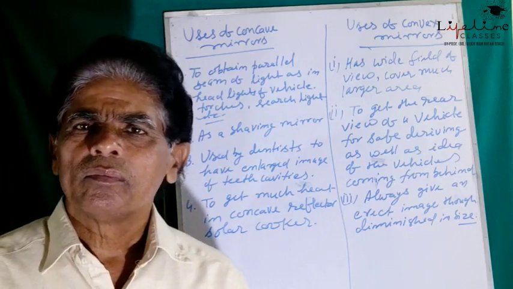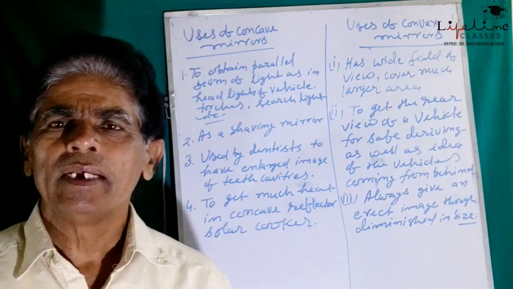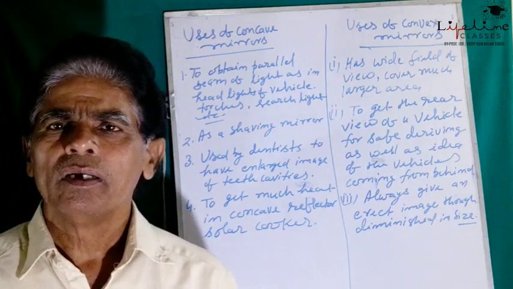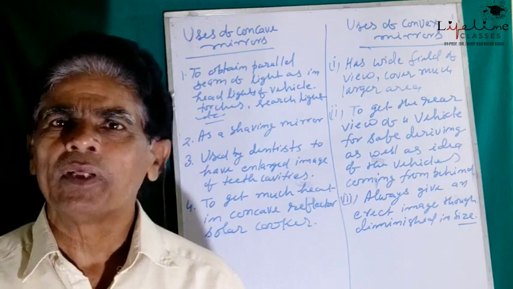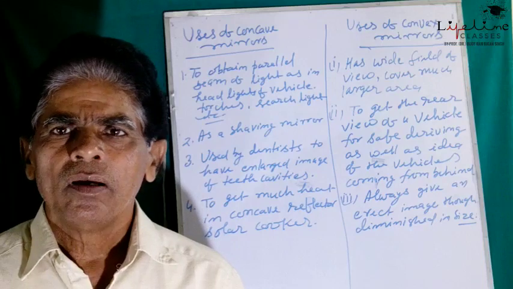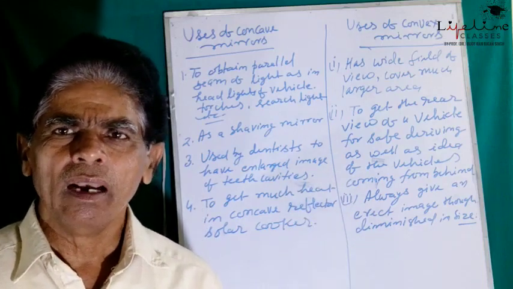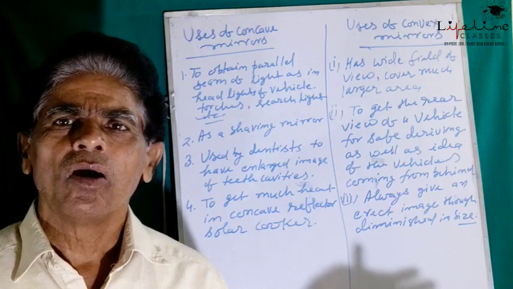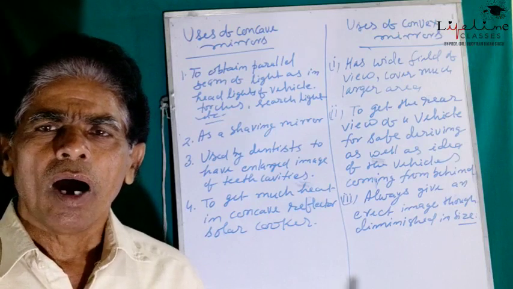So when the convex mirror is used as a rear view mirror in the vehicle by the side of the driver, a driver can visualize much more area behind the vehicle so that he or she can locate the other vehicles